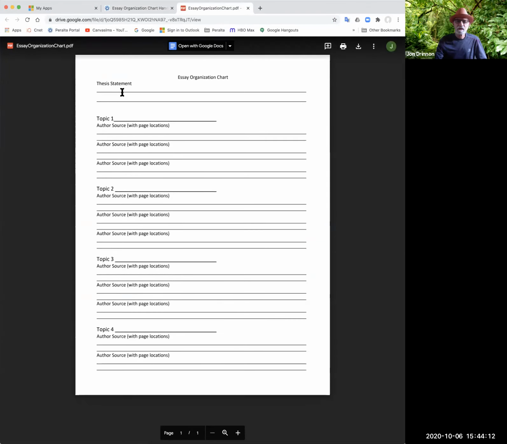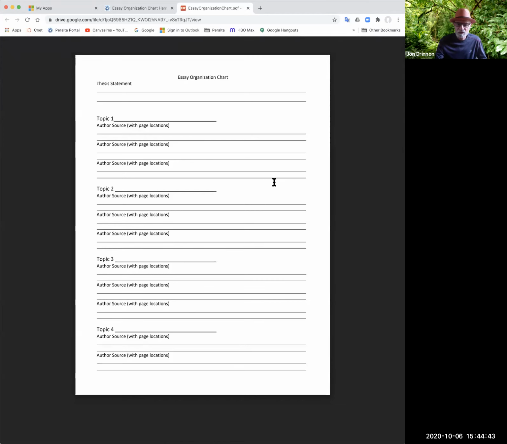And on this handout, you can see that you've got to put your thesis statement in here, and then topic 1, topic 2, topic 3, topic 4, etc. And this is a way for you to organize your essay. People talk about writing an outline for an essay. Well, I wasn't that much into outlines. I just figure you figure out what your topics are going to be, and then you find out who supports the particular topic I'm working with, and put those things in here and create your outline with this particular format.